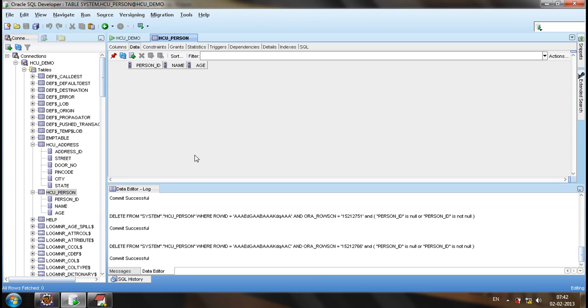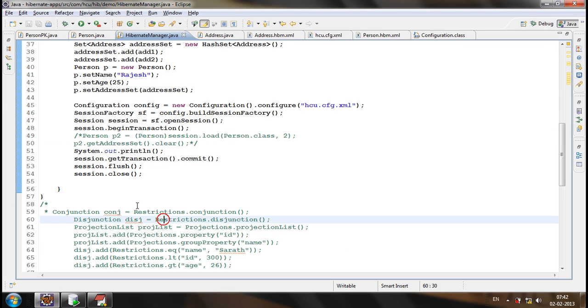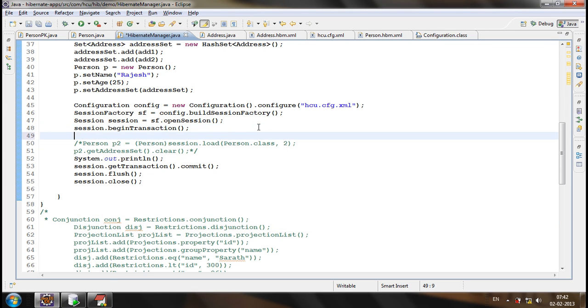Okay, there is no record in person table, address table, and what we call association table. Okay, now what I am doing is I am saving the person. Now